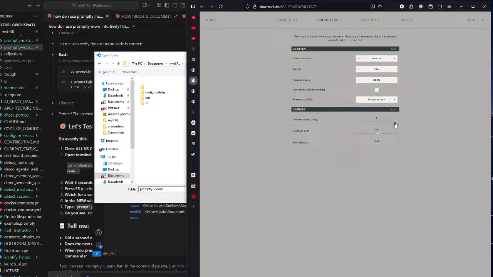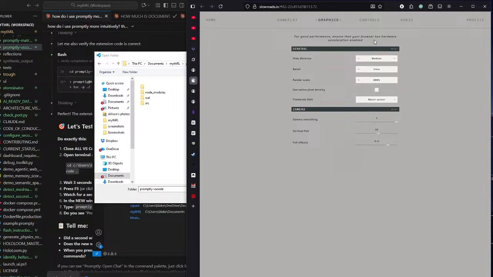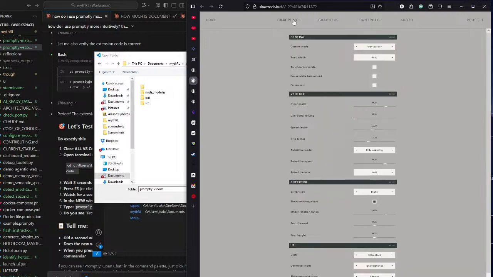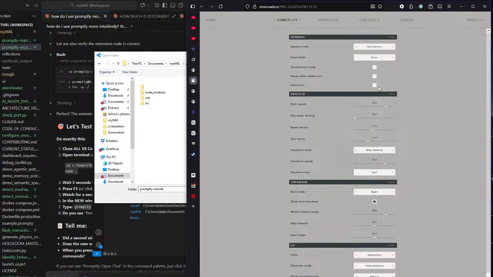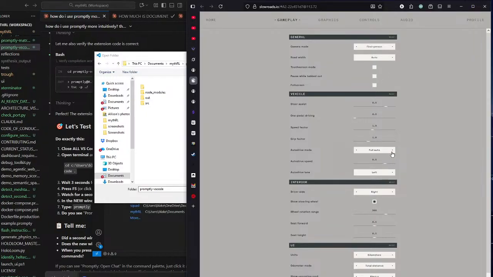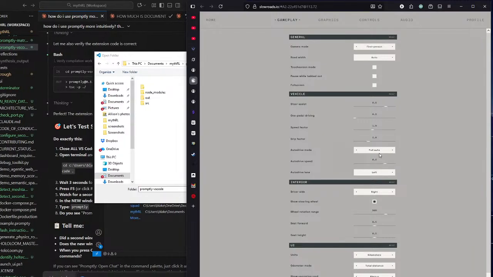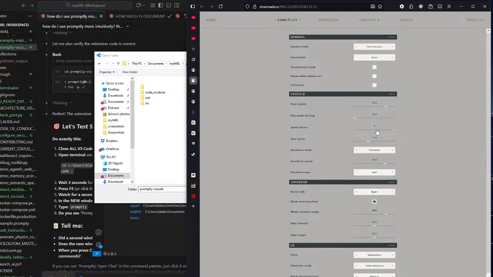Camera smoothing. Don't know what that does, but that should be good. Gameplay. Auto drive. Only steering full auto. Steer assist.